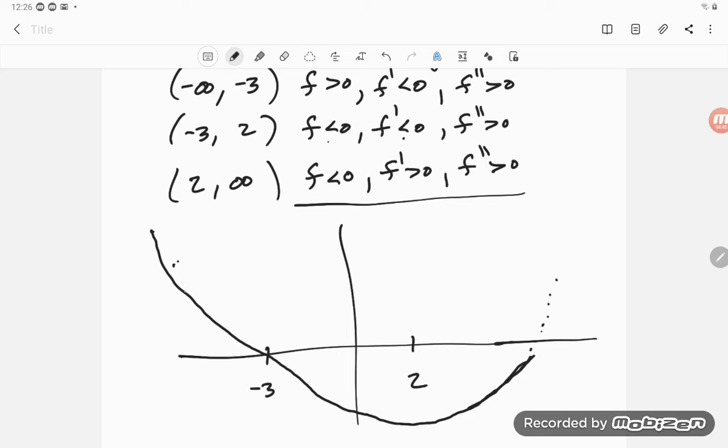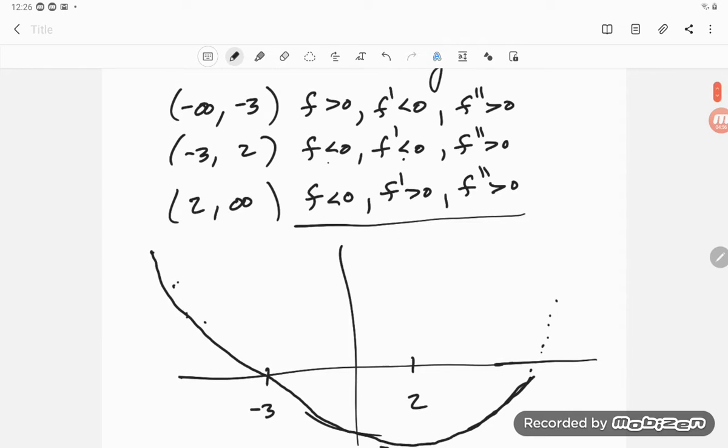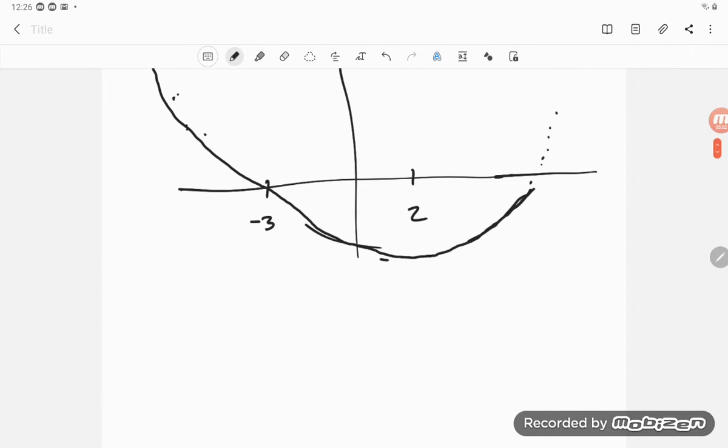The function here is positive, decreasing, concave up. The function inside here is negative, decreasing, concave up. So I hit them all. I got them all, and I got it that way. Okay, so